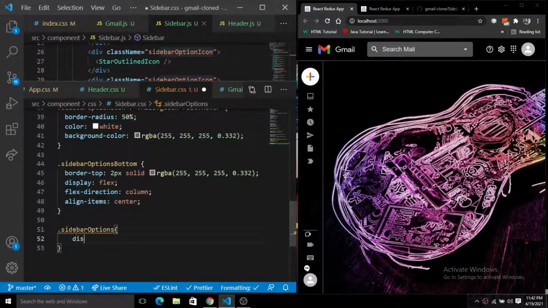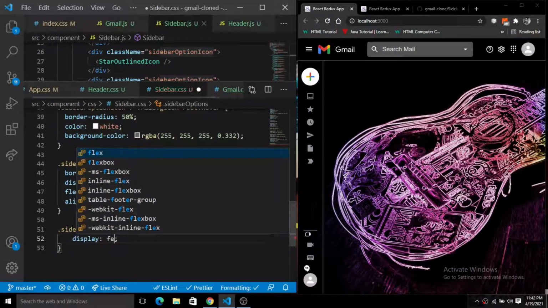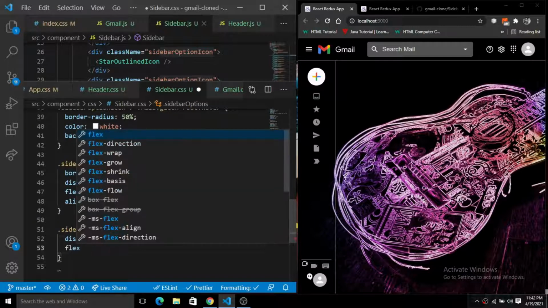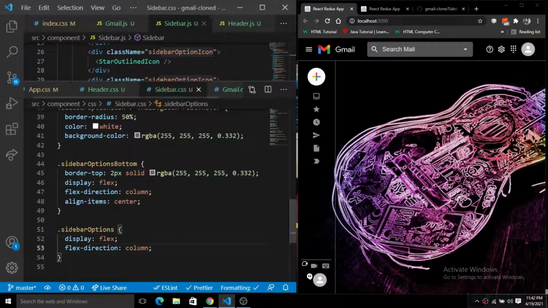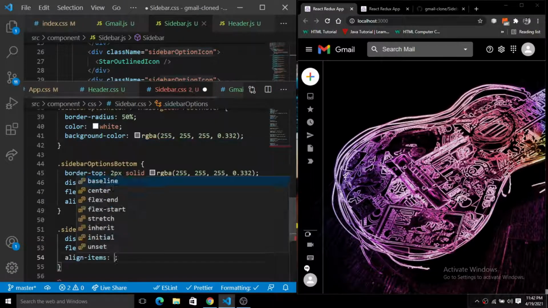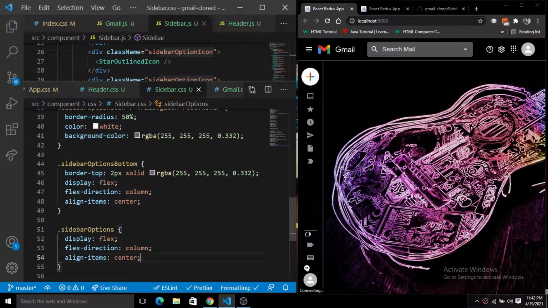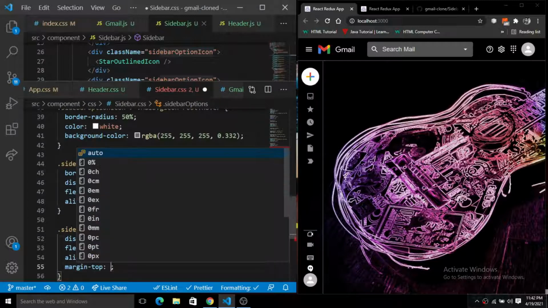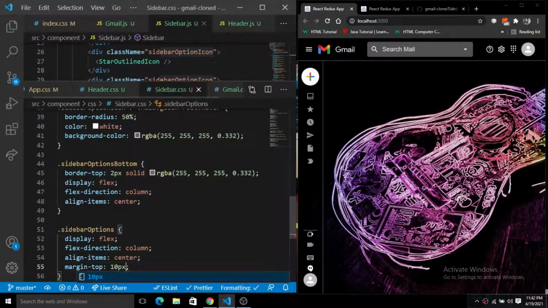Okay, and next give the display of flex, flex direction column, align items to the center, and now we'll give margin top of 10 pixels. Now save this.